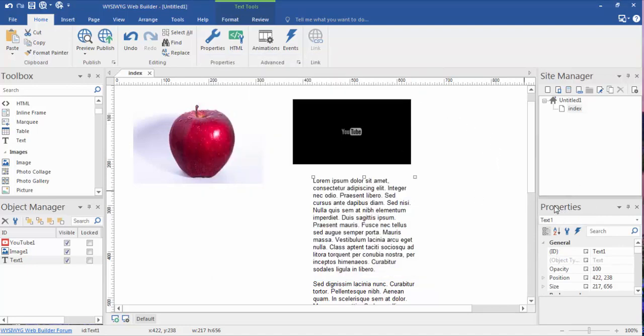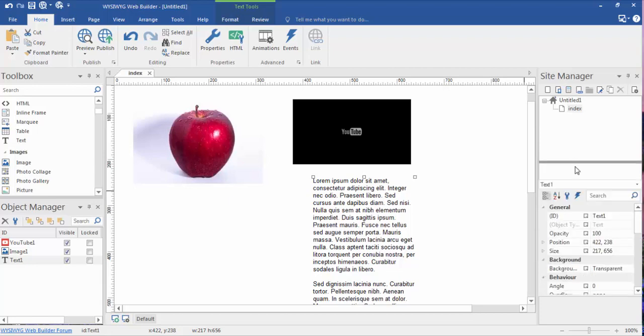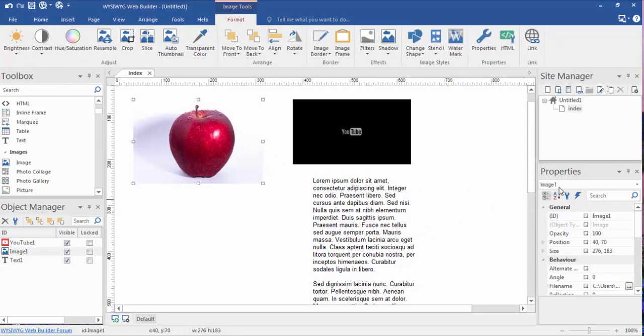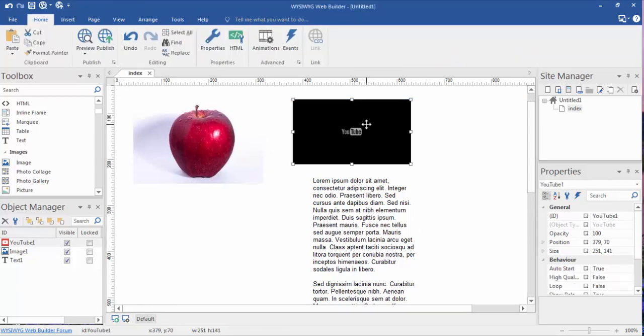You can access a lot of the same stuff, and sometimes even more, in the Properties palette over here. So let's click on this image again, and then you'll see right here it changed to image 1. Click on the YouTube video 1, and if we click on the text, we have text 1. Sometimes it's just easier to click on them as we're working with them on the screen. But what the Properties panel does allow us to do is to give a lot more specificity to what we're